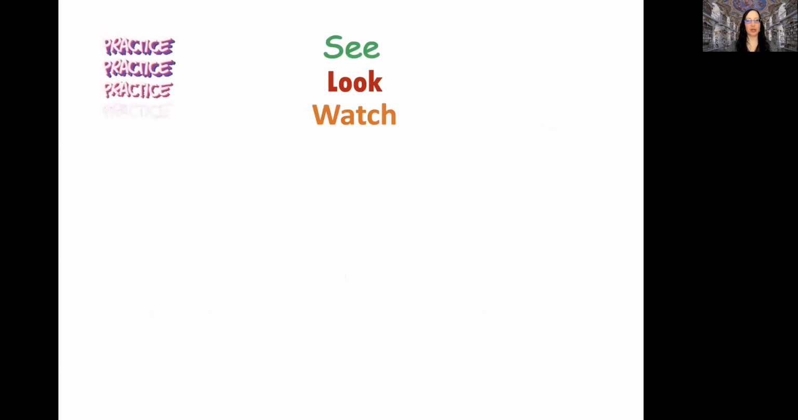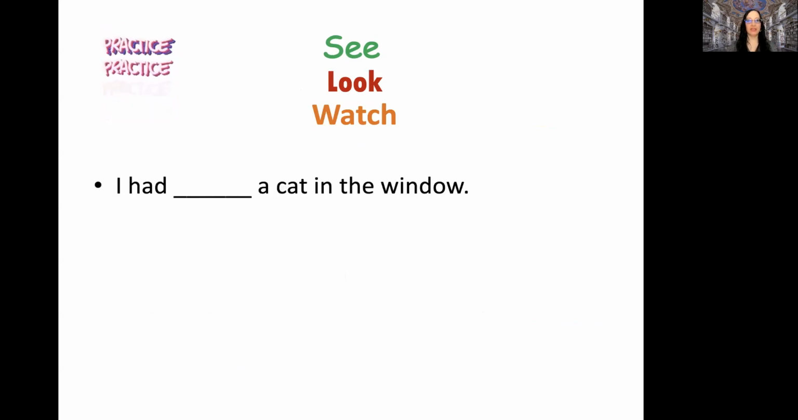More practice. Okay, you're going to become an expert. I want you to master this. All right, what about this one? I had blank a cat in the window. I had see a cat in the window. Okay, so we already know I had see. We need to change the tense from present tense to what? That's right, past tense. Why? Because I had